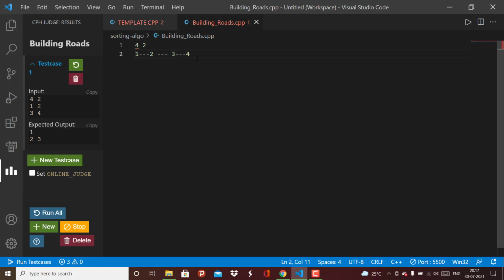A very important point here is, what we'll do is we'll first look out for components.